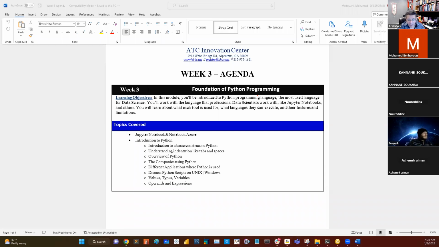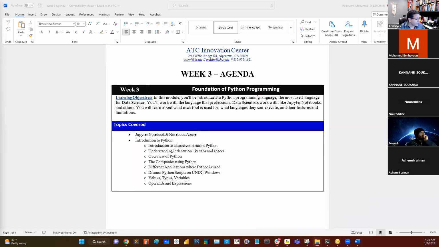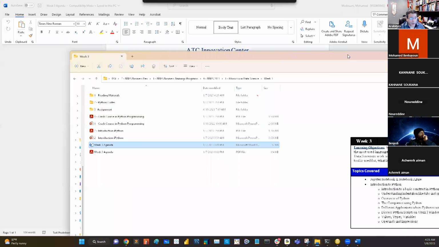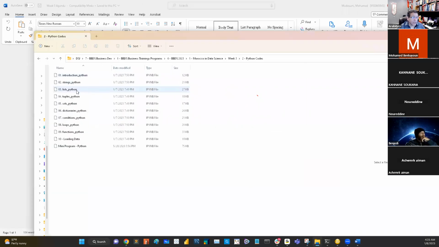And the files I shared with you, that is what we will be using. So we are going to be using these files, which you already have access to through Canvas. And so we are going to learn how to handle strings, then lists, tuples. We are going to learn how to handle sets, dictionaries. I don't know if we are going to have time to cover everything. I will do my best to cover as much as we can, but it's your responsibility to go through these